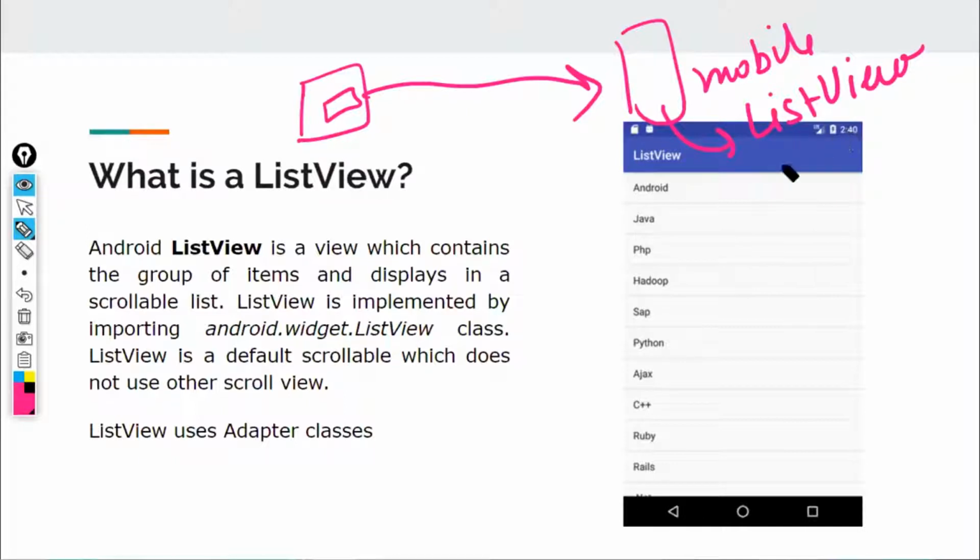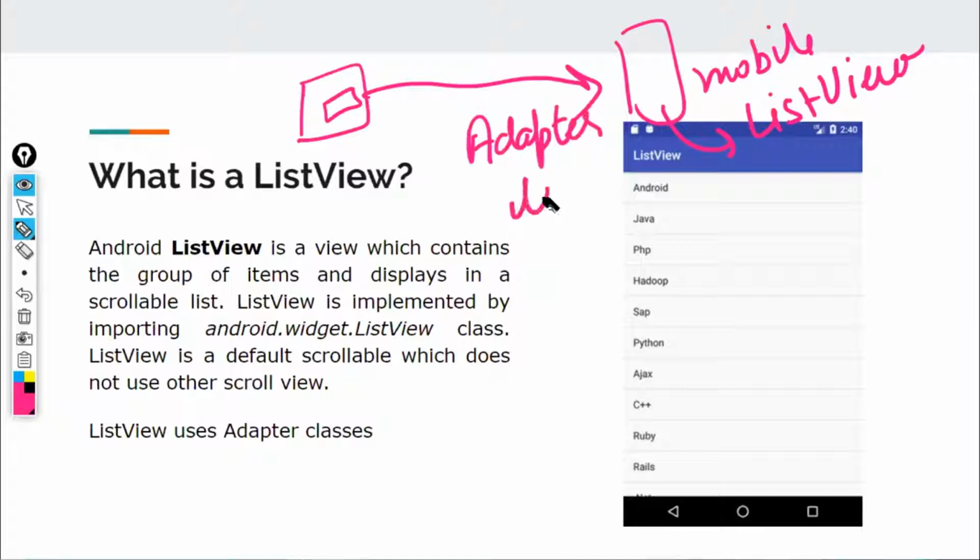It's just another widget in Android, which will be showing you some list of data. Just like an adapter is used for connecting the power source to my mobile phone, in a similar way, there is something known as adapter class.